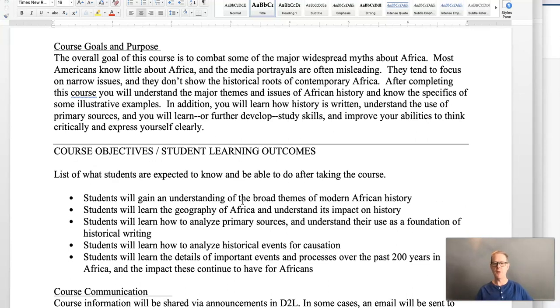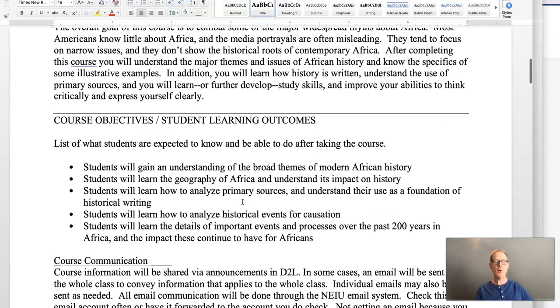As we go along, and you'll see once you look at the textbook also, one of our major focus points is going to be trying to combat certain myths about Africa. I think most people don't know much about Africa. You may be an exception, but most Americans certainly do not, and most of what they think they know is maybe not right. So a lot of times students of this class are starting with something of a deficit, but we'll start with very basics with the next video and the next lesson, and we'll build from there.